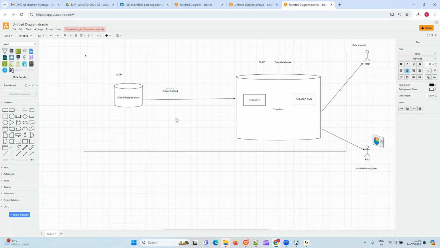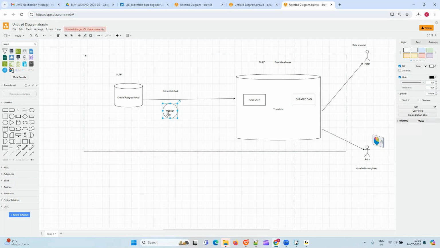Now you'll get to know where exactly you can use tools like Matillion, Fivetran or DBT. Matillion is an ELT tool. It can do extraction, loading, and transformation. So you can use Matillion here, and you can also use Matillion for your transformations. And you also want to schedule your jobs, right? This particular pipeline has to run daily, so for scheduling also you can use Matillion. Matillion serves all the purposes here: extraction, loading, and transformation, that's why it is called an ELT tool, including the scheduling part.